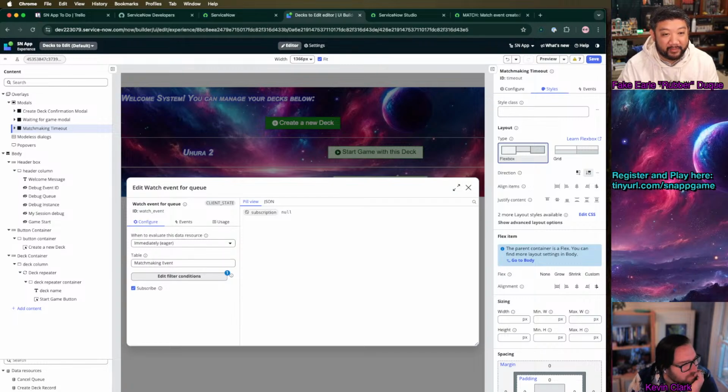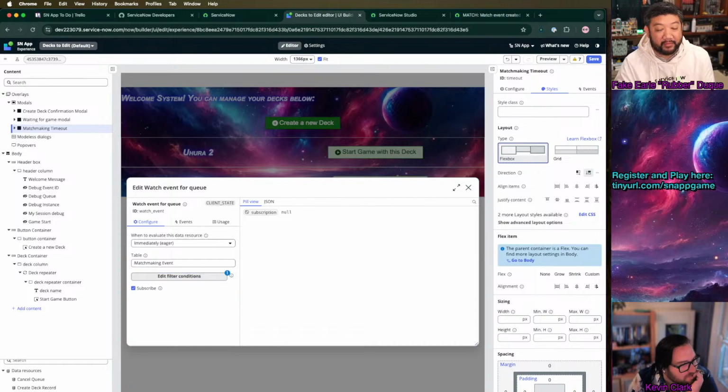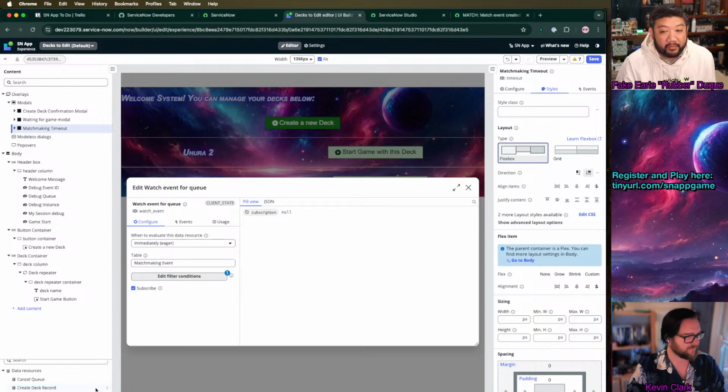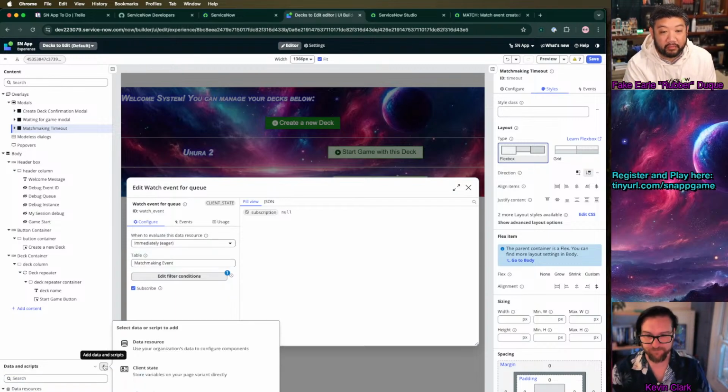I think we can. What have we got in this? This ID is matchmaking event. Okay, cool. So I can do something funky here. Can I duplicate that? No. Okay, cool. So I'm going to add a new data resource, a watcher, and I'm going to effectively replicate this watcher, but with a different